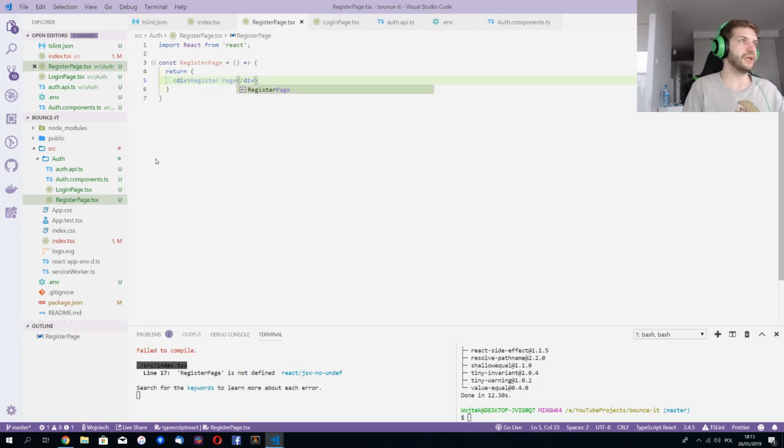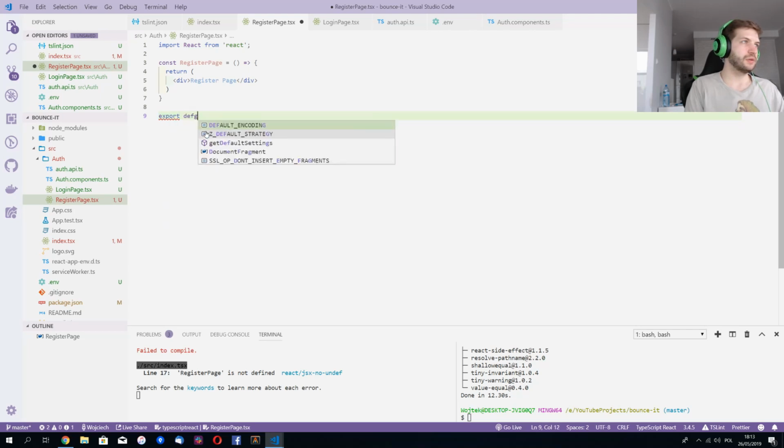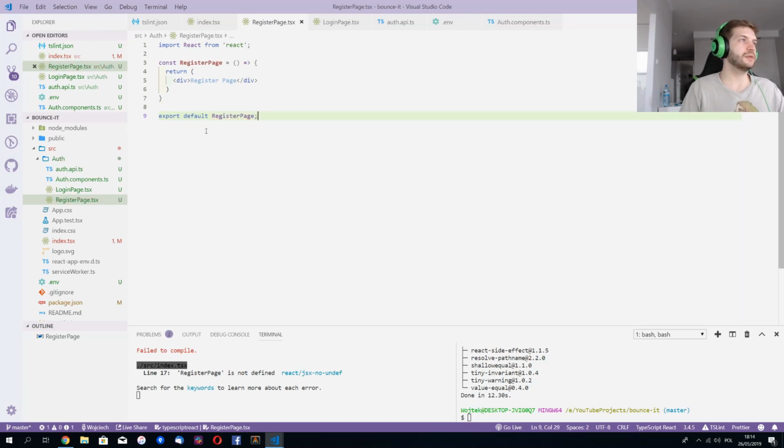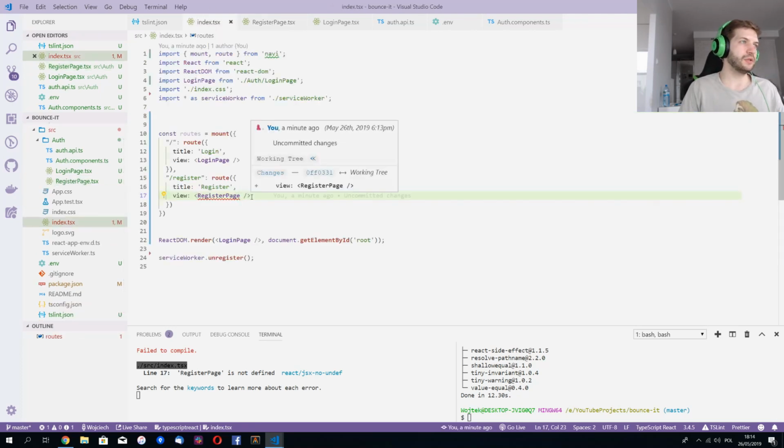Register page. Oh, and of course we need to export default RegisterPage. Okay, so this is cool, and now we can import it here,